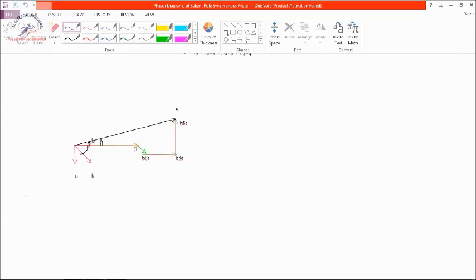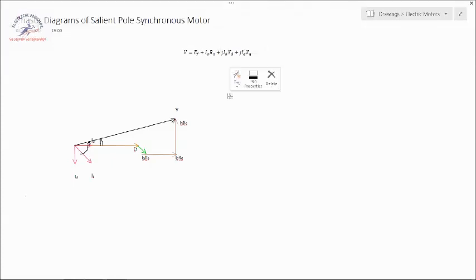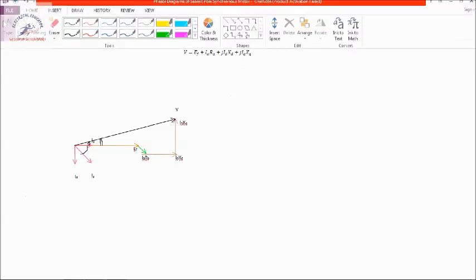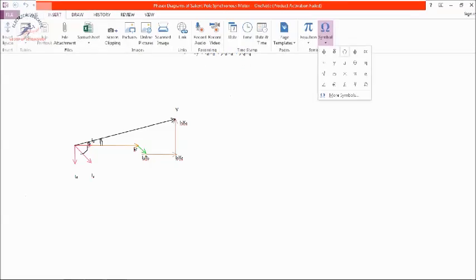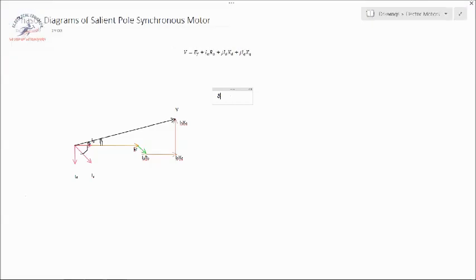So this is a phasor diagram of salient pole synchronous machine considering lagging power factor. As usual, I have to draw it for unity power factor and leading power factor also. But this particular phasor diagram, we will be starting with vector E instead of vector V. So it will not be possible for us without knowing vector V to draw it for a unity power factor. So instead of unity power factor, let us draw it for leading power factor now.